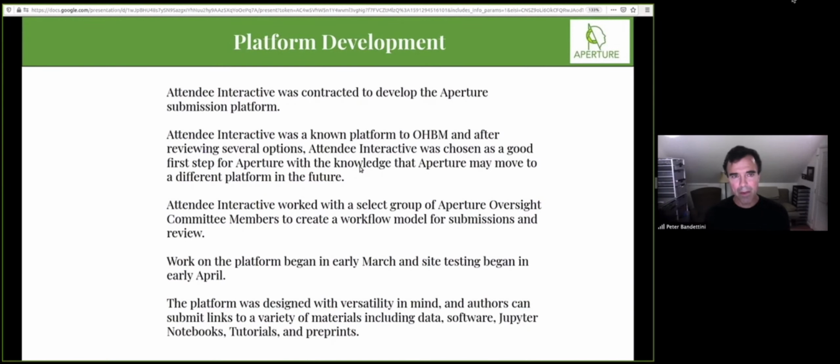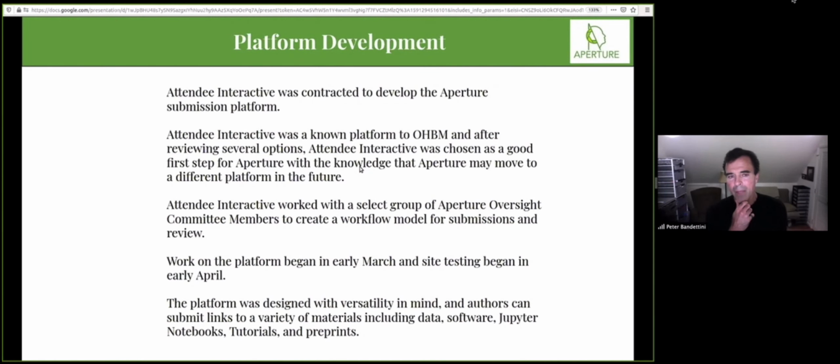As far as the platform development, as I mentioned, we were contracting Attendee Interactive. We have been trying to find a truly open access platform, and I'll talk about that a little later.